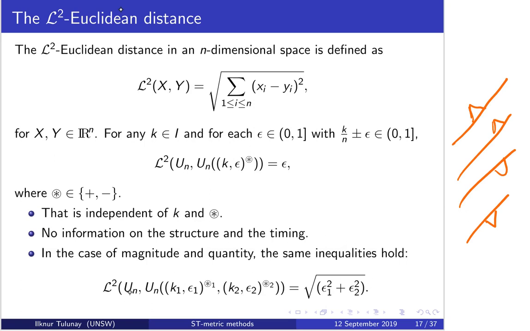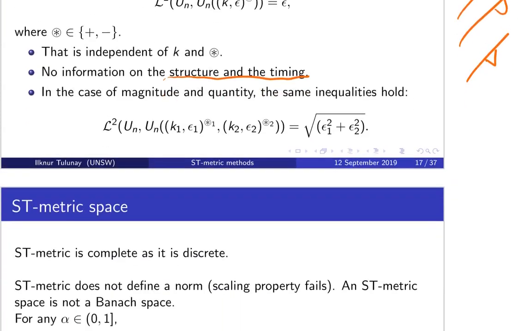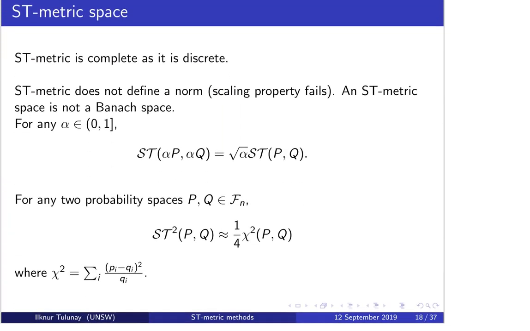And the inequality for the magnitude for epsilon 1, epsilon 2 for the large ones, and the quantity, the same equalities as we had for the ST metric will hold for the L2 metric. So the differences in structure and timing give the structure and timing issues. The ST metric gives different values. The L2 metric and L1 metric are the same. They do not give you any information at all. ST metric is complete as it's discrete, and ST metric does not define